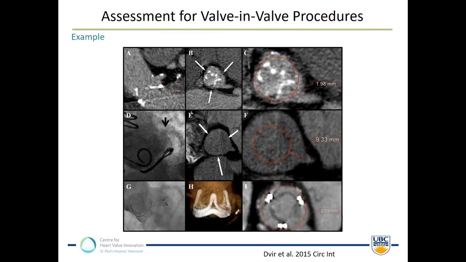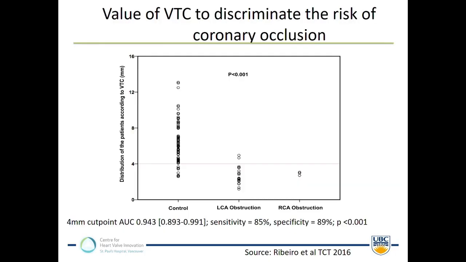So we proposed a number of years ago this fairly basic process of simply doing a virtual implantation, sized on the basis of the information provided for the surgical valve, although we're learning more and more, in the setting of unknown surgical valve size, how to use CT to actually define the surgical valve size. But assuming we know what it is, we deploy a ring of comparable size to what is intended to be deployed, and then we measure the distance between the virtual ring and the coronary ostia.